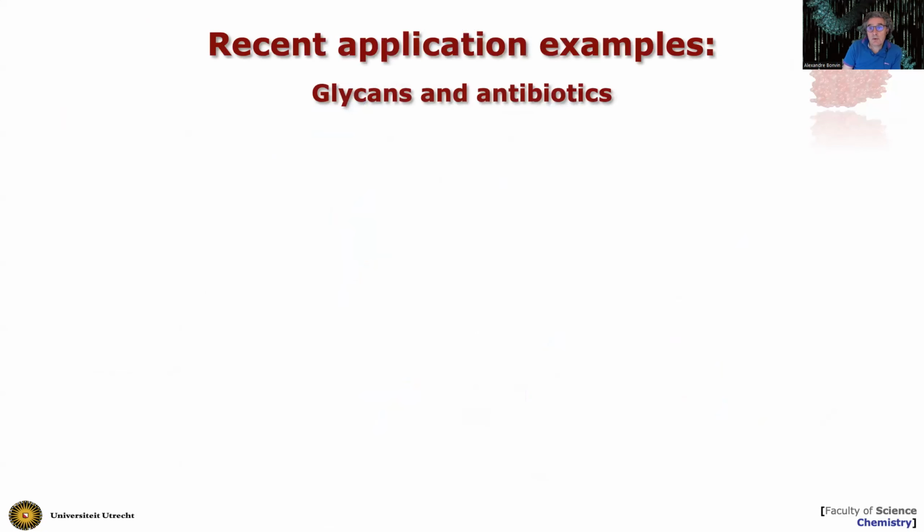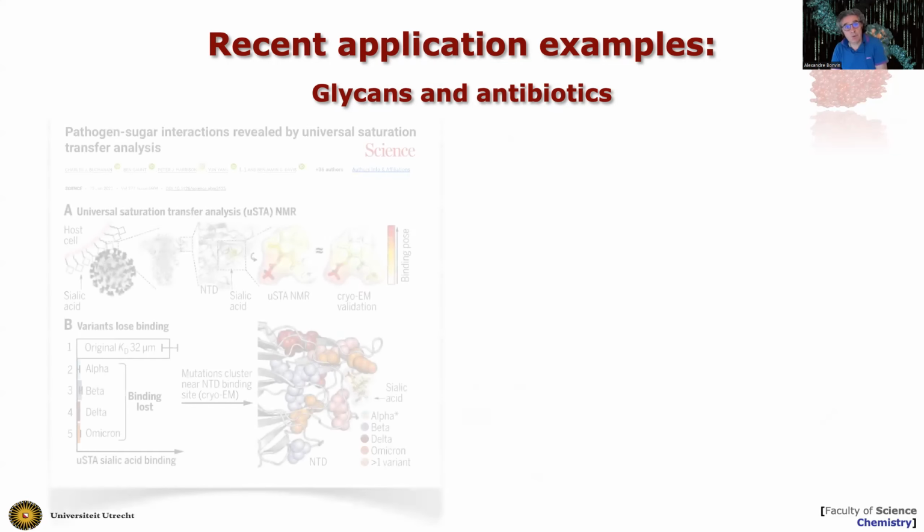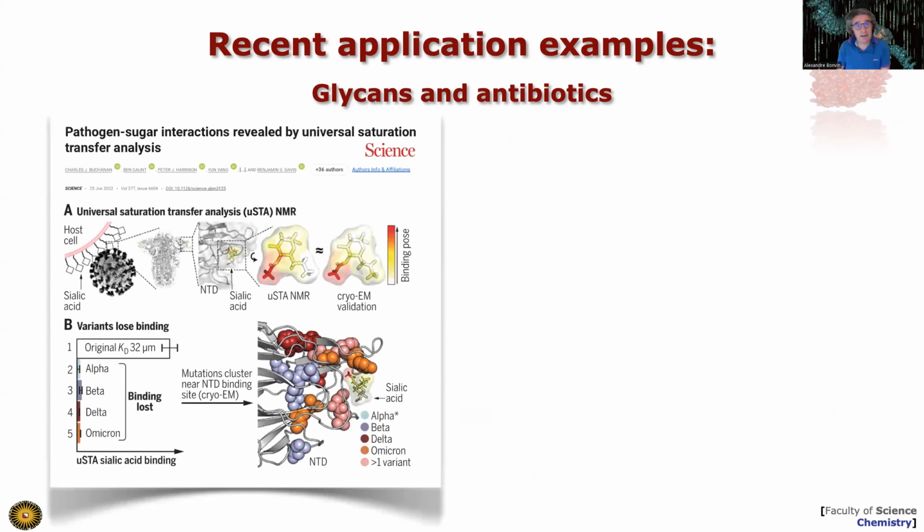So what can you do with that? I'm going to give you just two application examples, and then we'll go more into detail of some other applications. The first one is the modeling of glycans binding to proteins, and this is work that was done during COVID, actually in collaboration with Andy Baldwin and Benjamin Davis. They are both at Oxford, but there was a large group of people working on that, and our contribution here